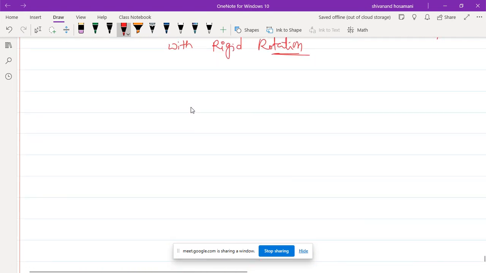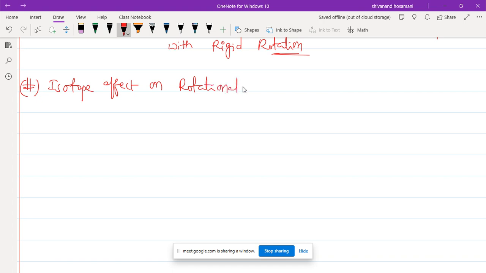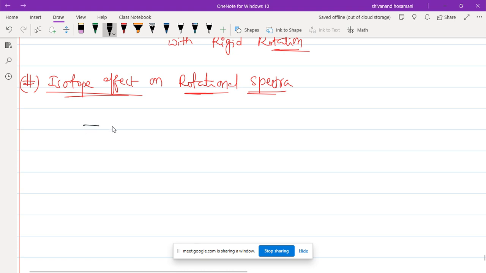Now, isotope effect on rotational spectra. See, an element may be composed of many isotopes. For example, C12 O16. If you replace C12 with 13C,